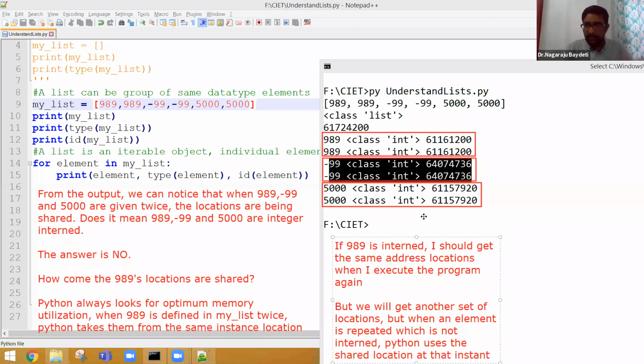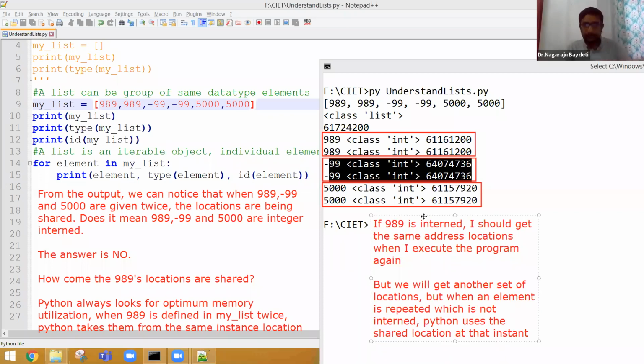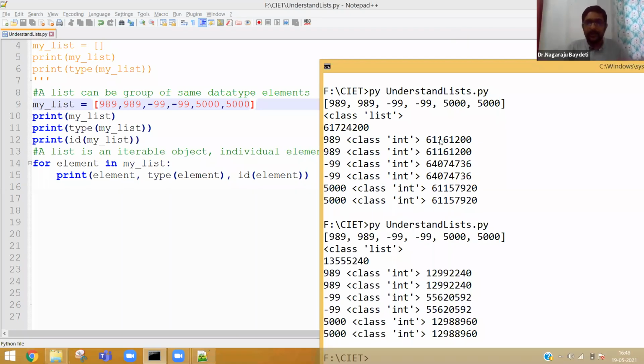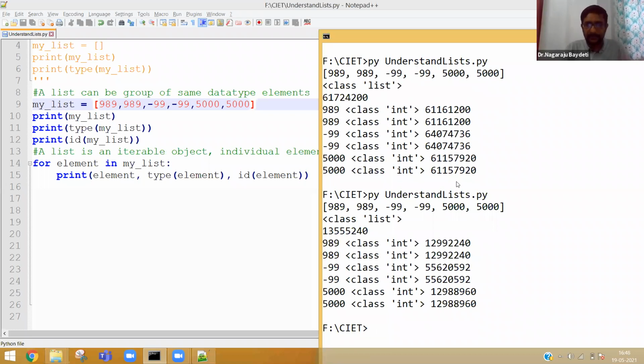So I believe that the student's doubt is cleared. In case you have any doubt, please let me know. Let me clear all the drawings and execute the program again. Please observe now. The locations are shared, but the locations are entirely different. That's what I said in the annotations text box.